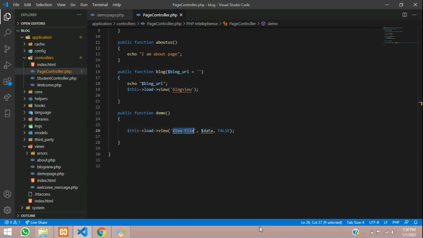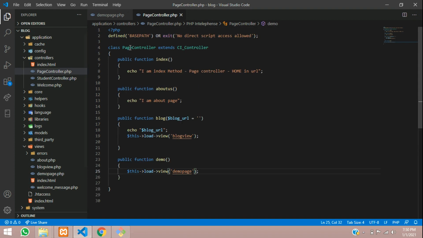So this is my view file. Where is the demo page actually? Let's put page slash demo page, and remove all this data, because right now we are not passing any data, we want to just view the output of the view.